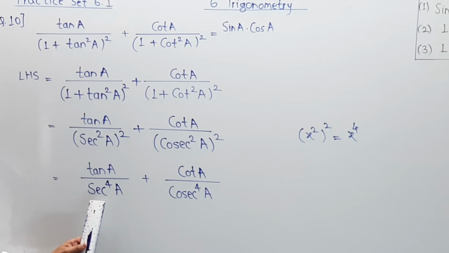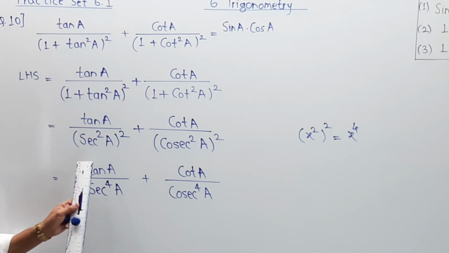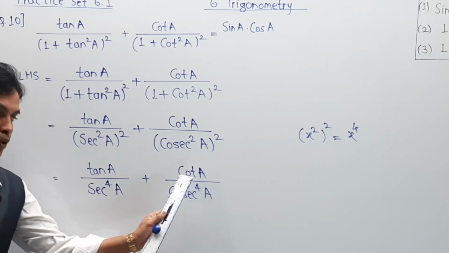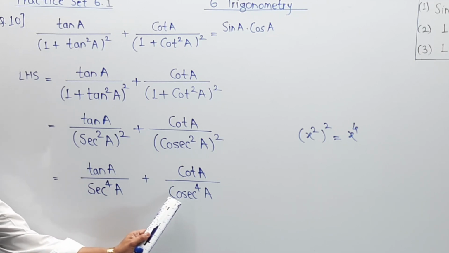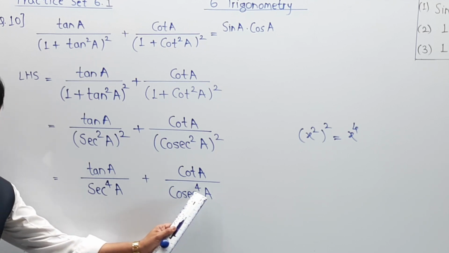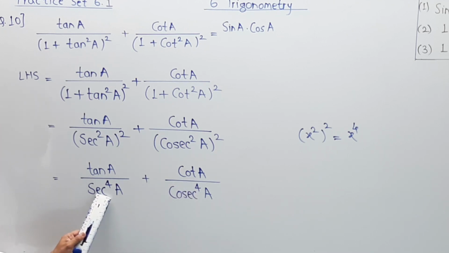Now here definitely there is some turning position, and you should understand there are two logics that I am going to use over here. First about tan, second about cot, third about sec raised to 4 and about cosec raised to 4. One by one I am going to clear the part, and the part is this is sec raised to 4A, but fortunately it is divided by over here, and this is cos raised to 4, it is also divided by. Sec and cos have their own reciprocal.